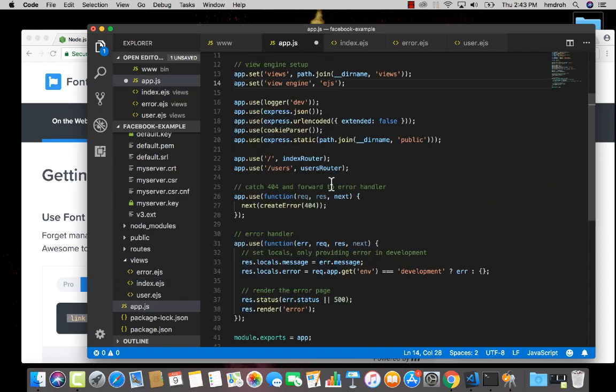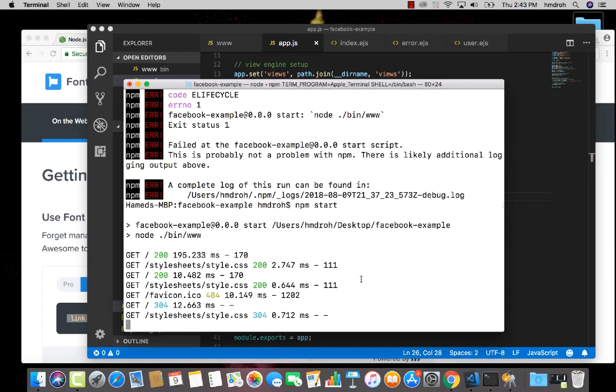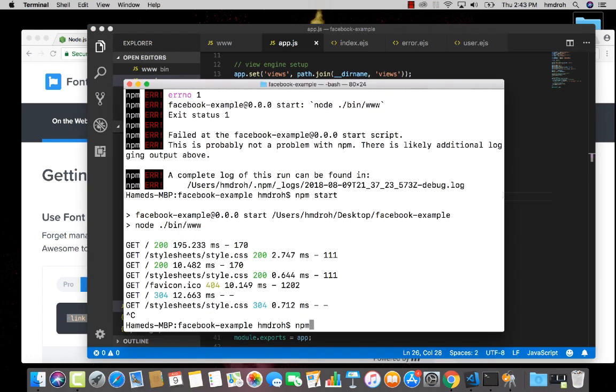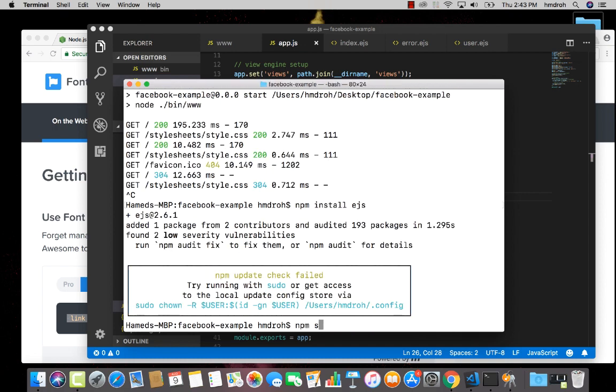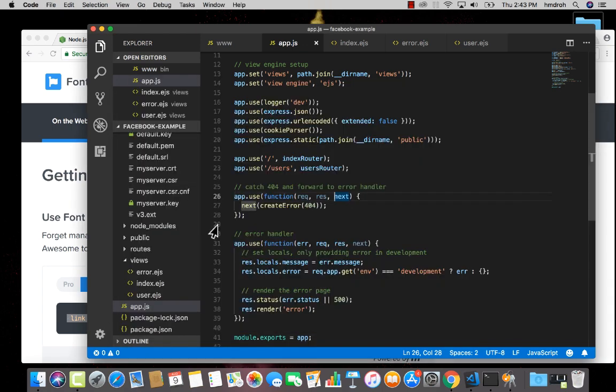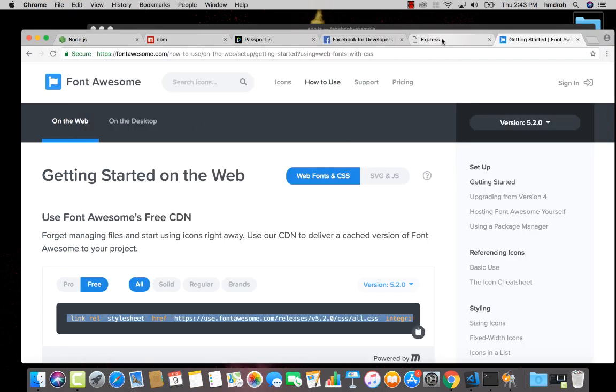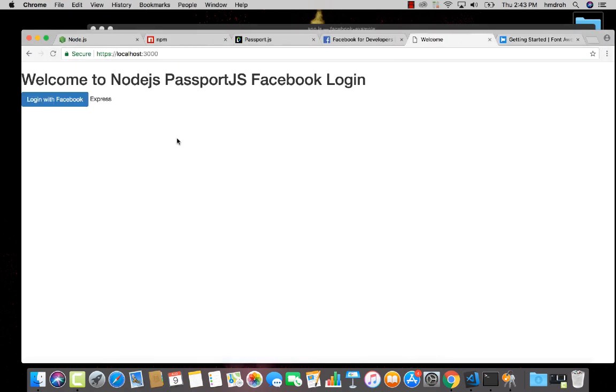On app.js I just changed to EJS, so I saved everything. I'm going to my terminal and stop this and npm install ejs first and npm start it. Now if you go back to our Express application and refresh, we see welcome to